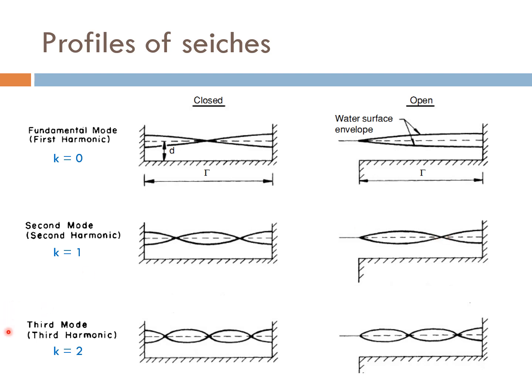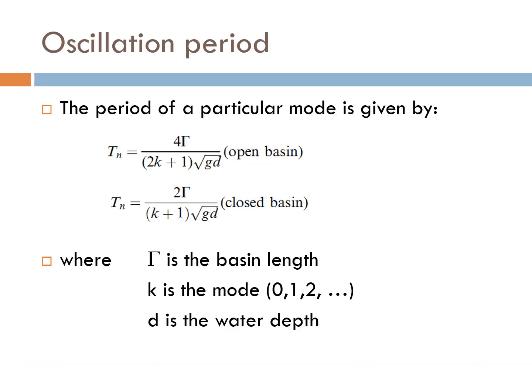And next we have the third mode or third harmonic. When k is equal to 2, you can see how the pattern changes. In the form of an equation, the period of a particular mode, T, is given by this expression for an open basin and this expression for a closed basin, whereby, as mentioned, gamma is the basin length, d is the water depth, so